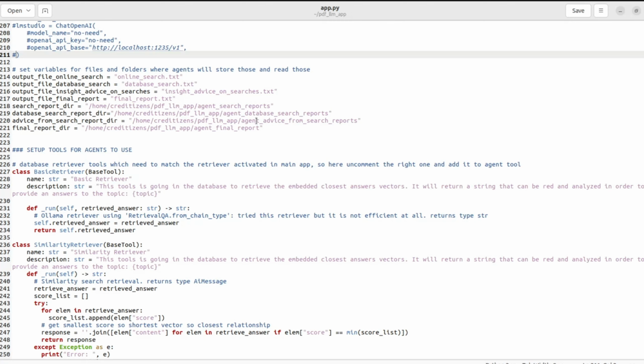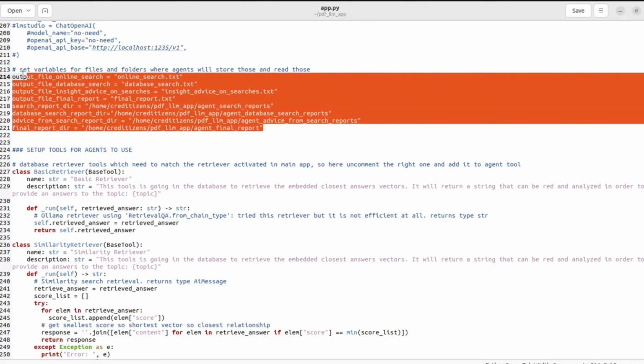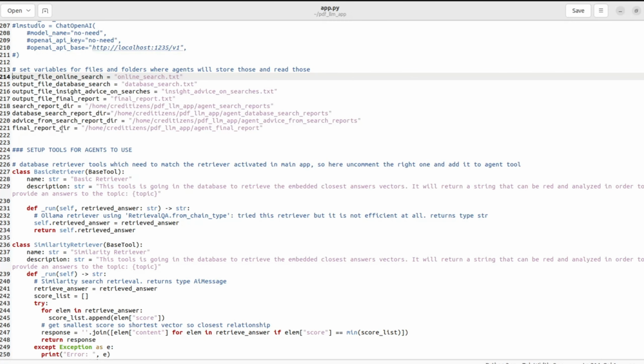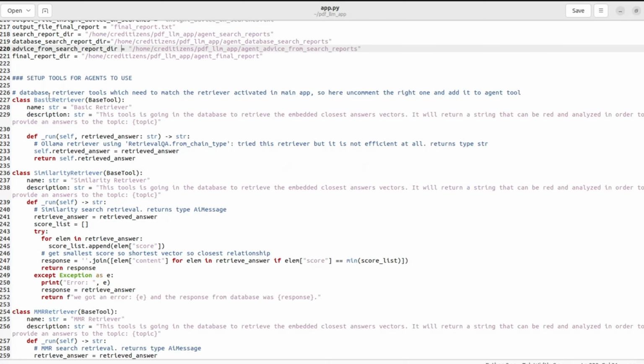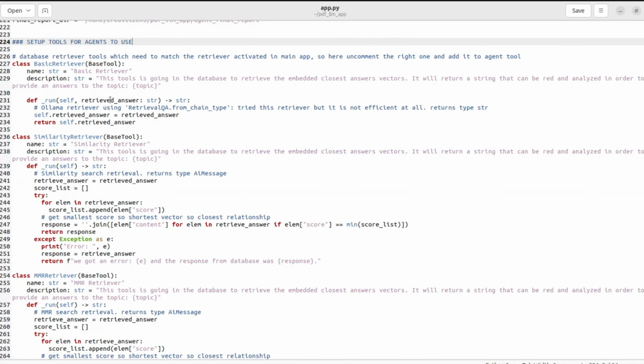And here, I set the variables for the files and folders where the agent will store and read those files. So those are the different files: online search in the search dir, database search reports in the database dir, and so on. We set up tools for the agent. So I'm using a class. Those classes are going to be